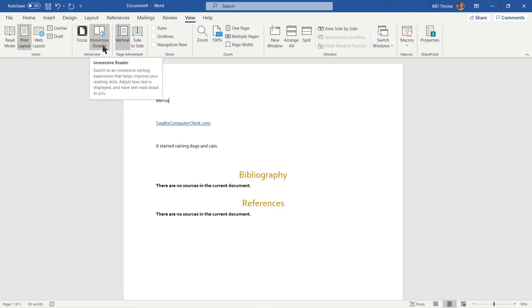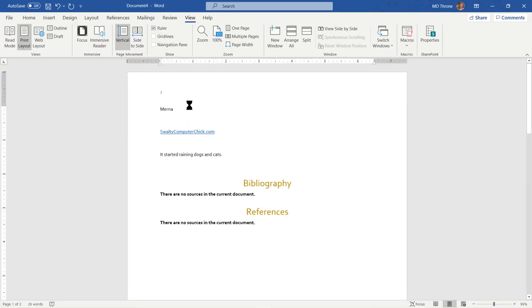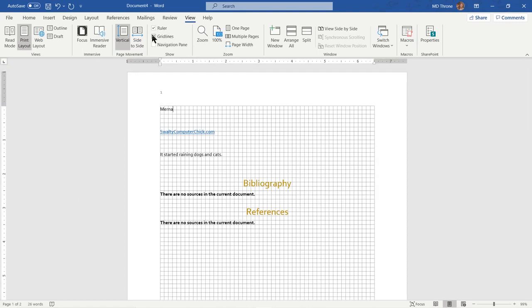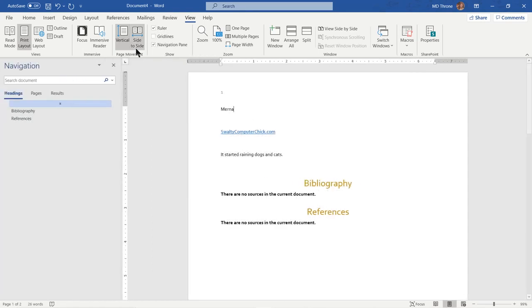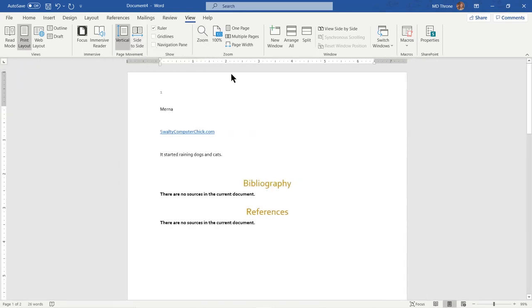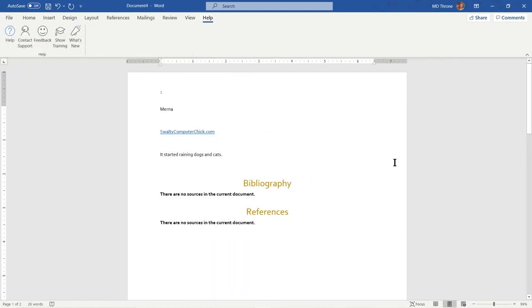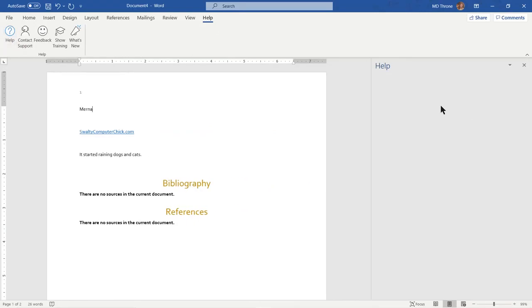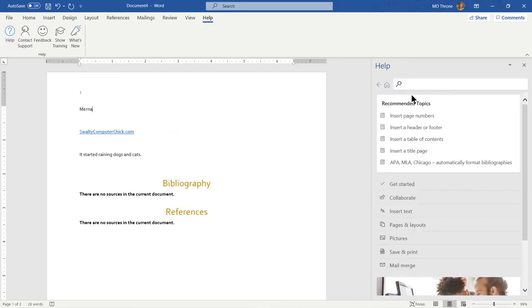It's very handy. And another one of them, I think OneNote has that same feature. So we're going to go through that when we get to OneNote too. There's the ruler, grid lines if you'd like, navigation pane. You can zoom, full control of your documents here. And if you ever have any questions, you click on Help, type in